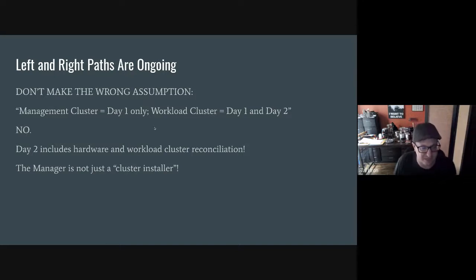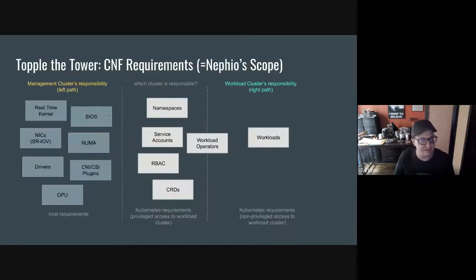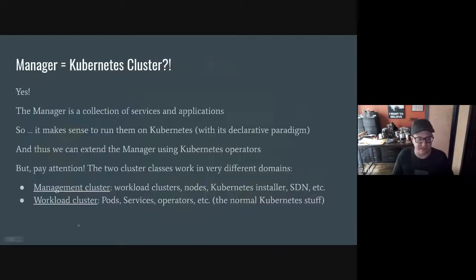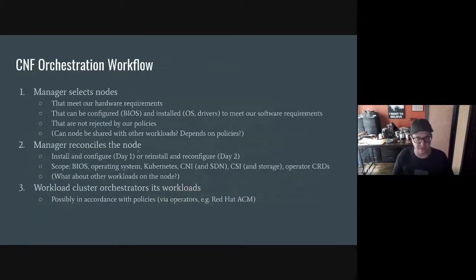This is not a good idea, because these things on the left, you might think of them as static requirements that never change, but in fact, they are dynamic. Day two changes to network functions can involve scaling up. Scaling up might mean, oh, we need more SRIOV lanes. Maybe we want to ask for bigger NUMA pages. There are changes on day two that could absolutely involve changes to these requirements. And that means that they need to be reconciled, reconfigured, etc. As I said in this slide here too, we think about reinstallation and